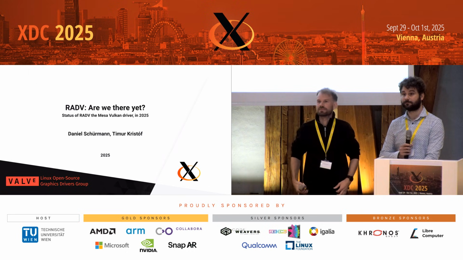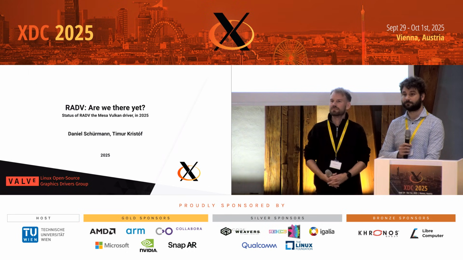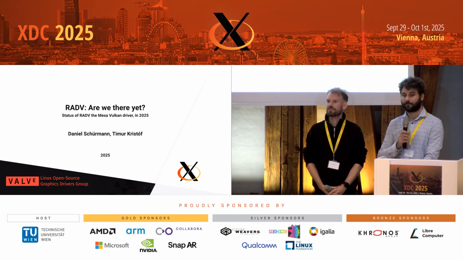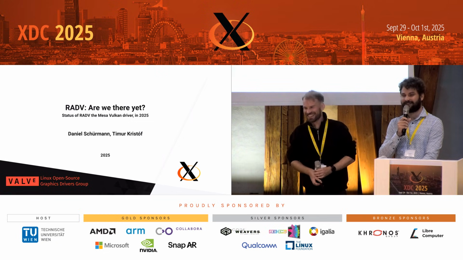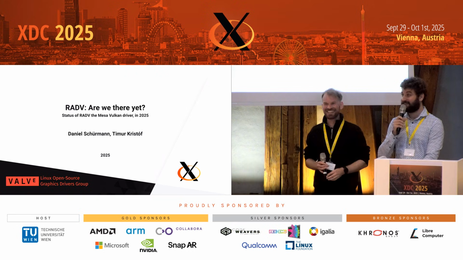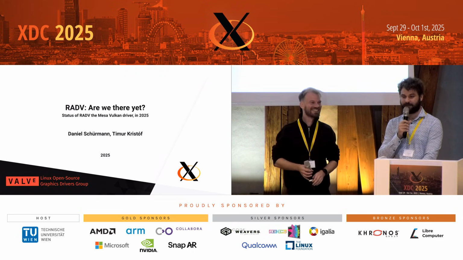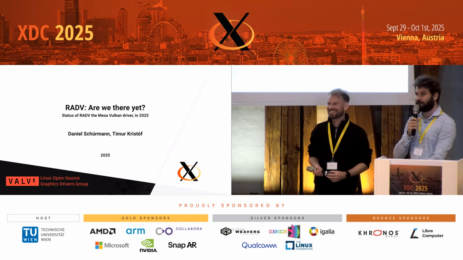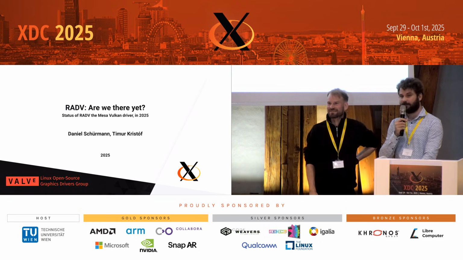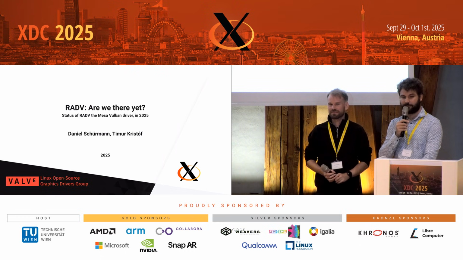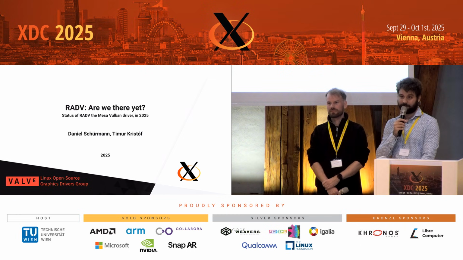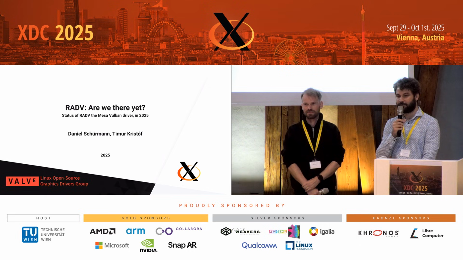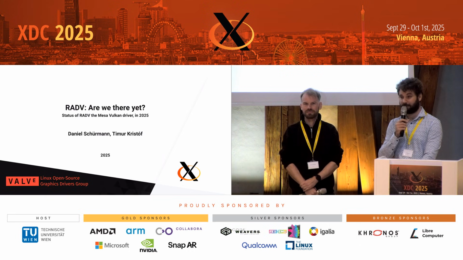Do you plan to use more Vulkan common code in Radv? Also, what does ACO mean? ACO stands for AMD compiler. I guess we graphics people are really bad at naming things. To answer your question, yes, definitely. And oftentimes, either we do it ourselves or we get merge requests from other people. So yes, it's on the long list of things that we want to do. But also, if you want to help, you're welcome to.